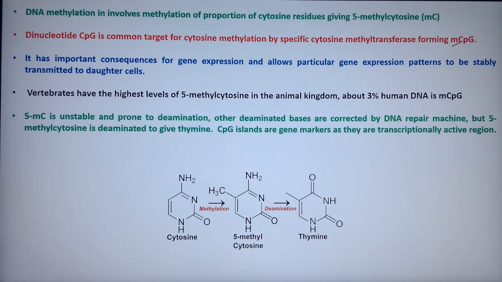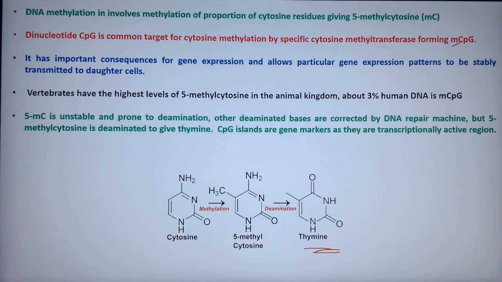But in the human genome, we have less methylated CpG, because methylated CpG in our genome is unstable. After 5-methyl cytosine is formed, it tends to deaminate, and deaminated cytosine becomes thymine. So in the human genome, there is less abundance of CpG sequences, but they are predominant near the promoters. So 5-mC is unstable and prone to deamination, so it converts into thymine. And other deaminated bases are corrected by DNA